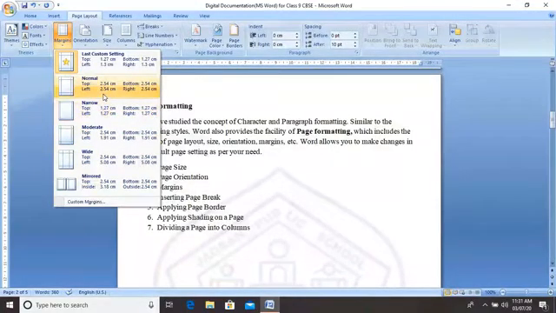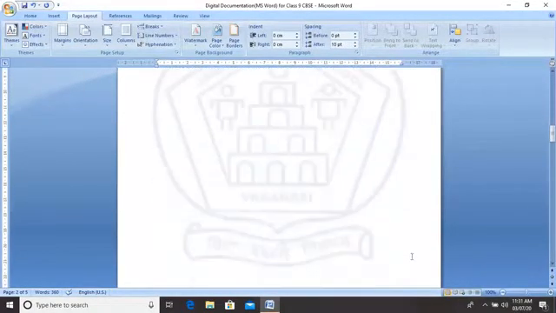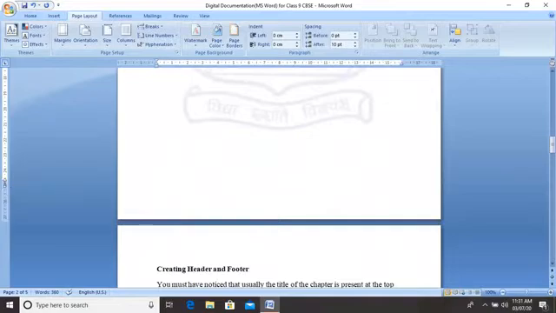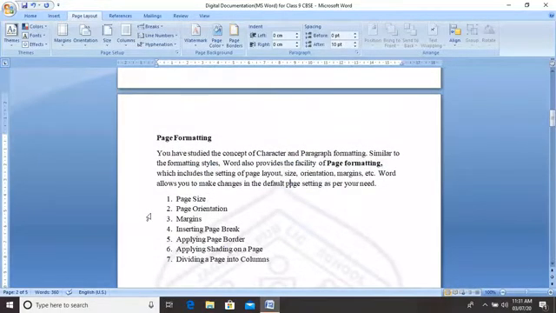Normally we all are using normal. See the margin space. In this area we can't type. Like this we have the top margin also. See the top margin. Like this we can see the right margin also, and like this we can see the bottom margin also. It means we have four margin areas: left, top, right and bottom.